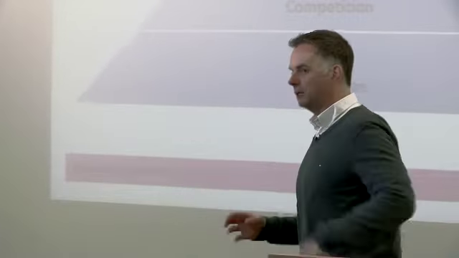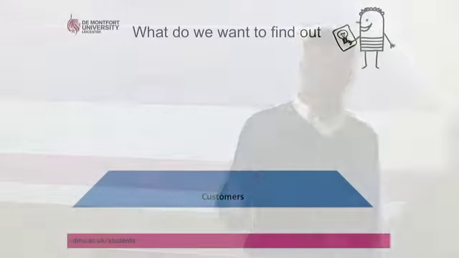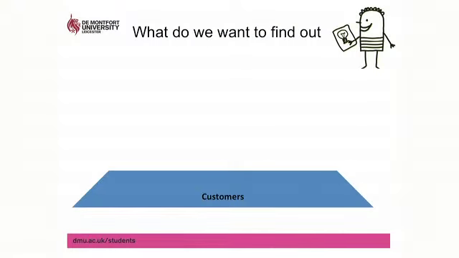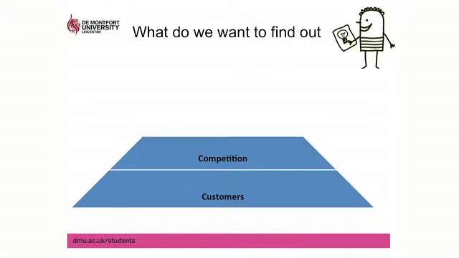So there's kind of 4 levels of what we really want to find out. Market research isn't necessarily just about trying to find out what's going on with our customers or our potential customers. It's about these traditional 4 levels. So at the bottom, we need to know what our customers are all about. We need to identify who our customers are. We then look at our competition. We first need to identify our competition and then really drill down into what our competition are doing.